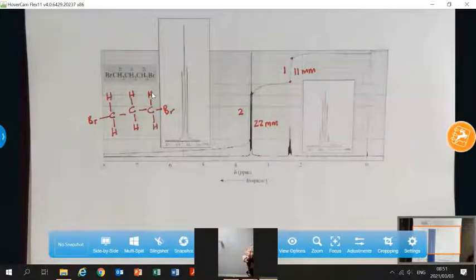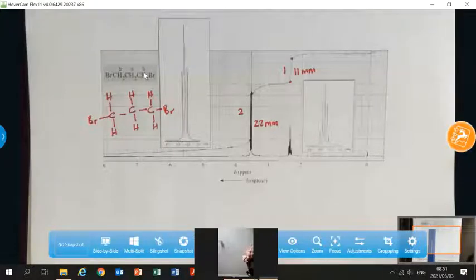But this hydrogen here was next to a hydrogen of bromine and the CH2-CH2Br group, right? So next to two very different groups. So that's why this is different from that. So if we know that these two hydrogens are equivalent and these four hydrogens here are equivalent on the outsides, on my left and on my right,